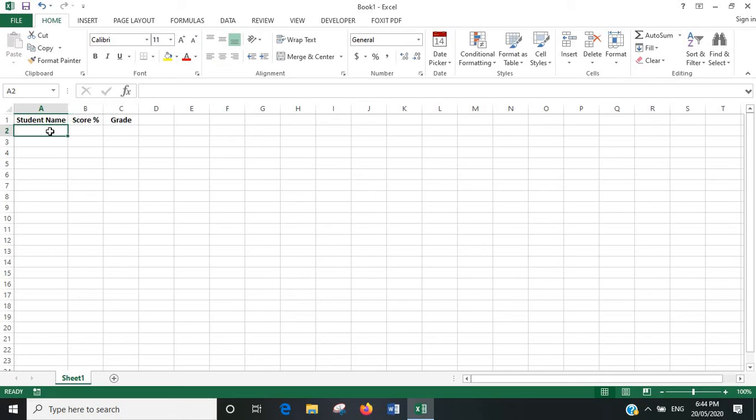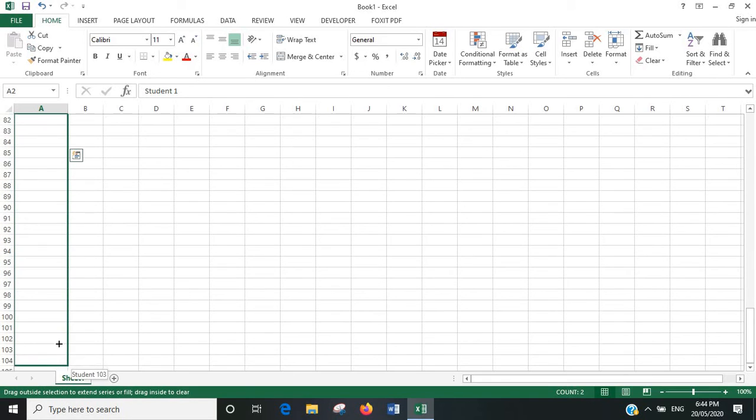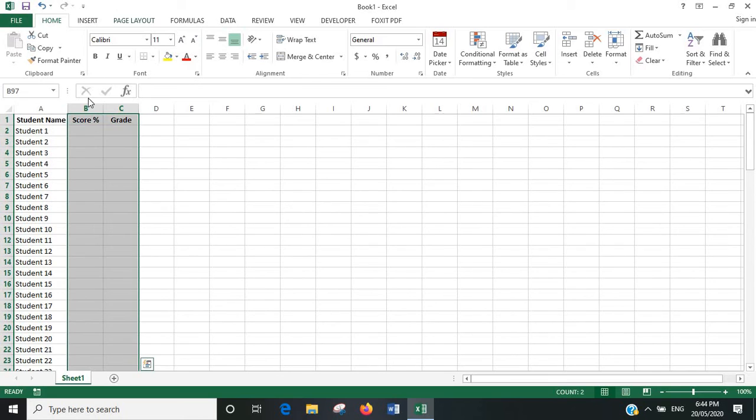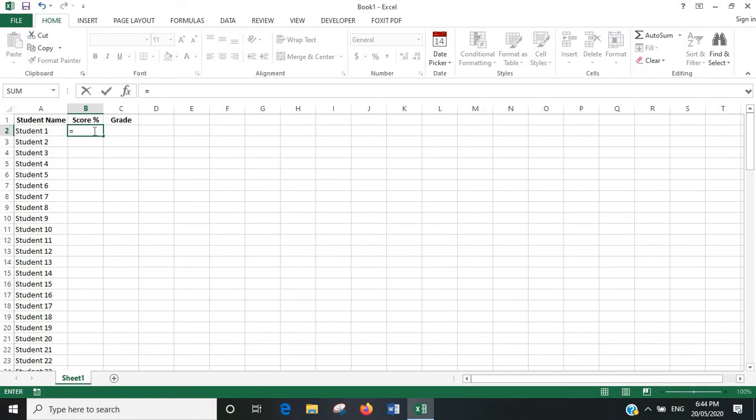And for the sake of simplicity, I'll just go with student 1, student 2, etc. Let's drag that down to 99. Okay, so for the score percentage, let's use equals RANDBETWEEN